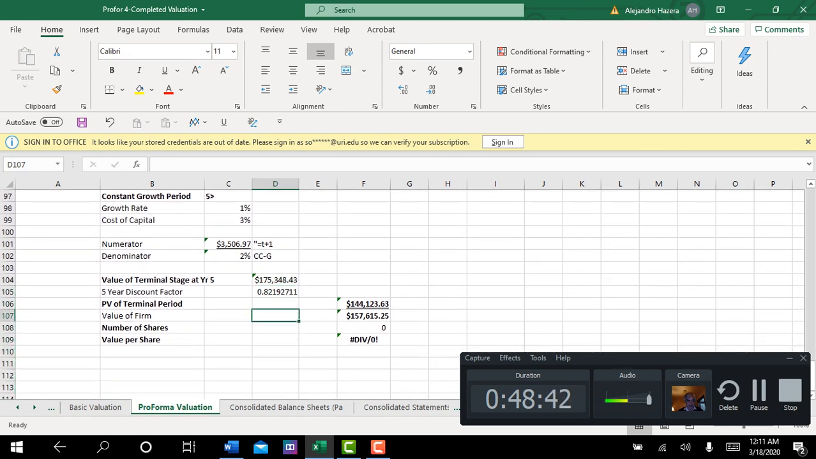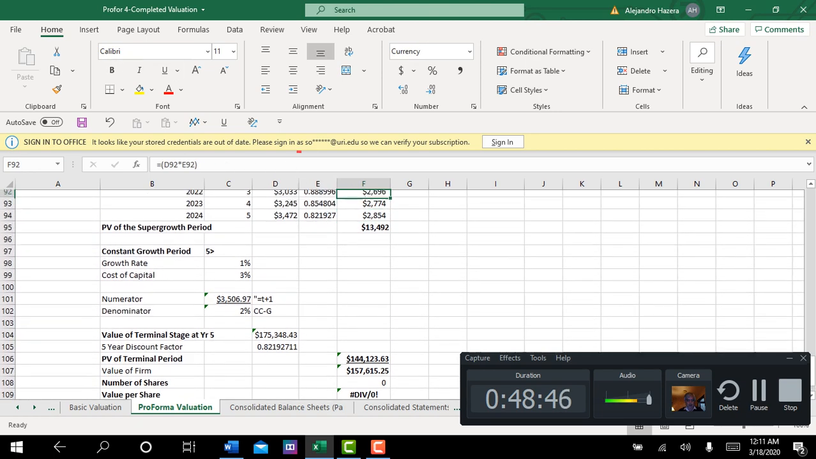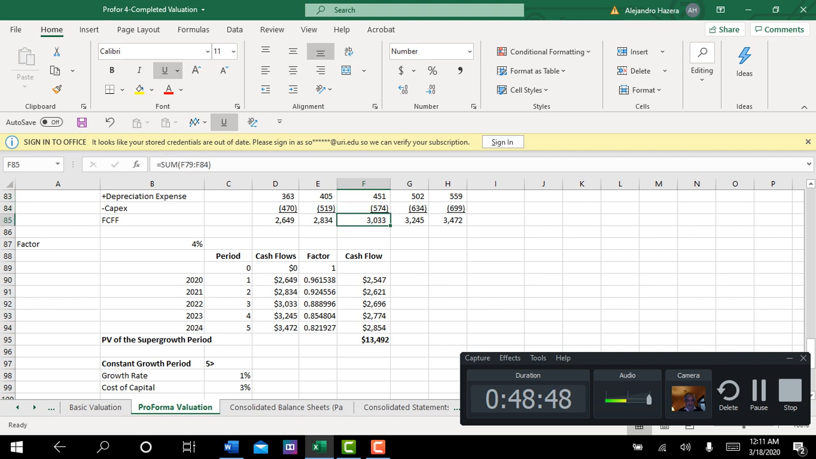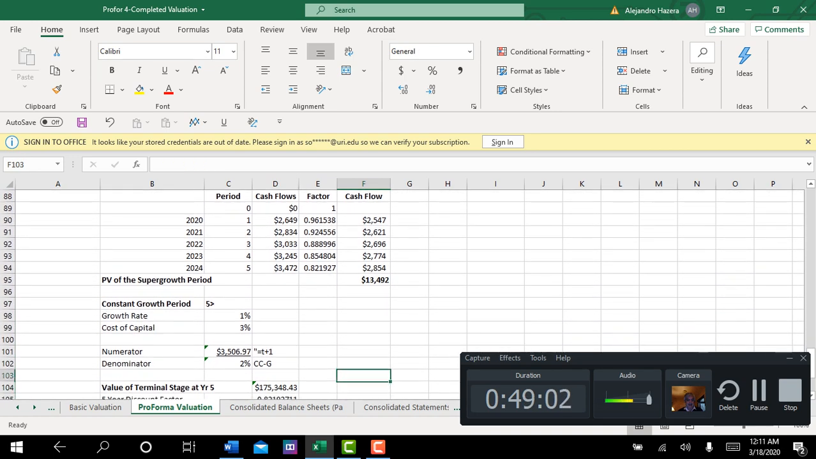Here's what we've got. Drum roll here. What we've got to do is summarize this. Our super growth period, based on the cash flows that were derived from the pro forma financial statements, had a present value cash flow of 13,492, and then our growth rate, and everything's linked to the top, for the terminal growth period is 1%, 3%. So our numerator is equal to